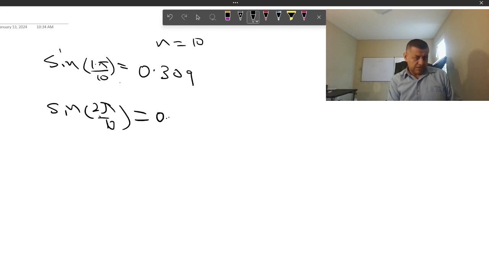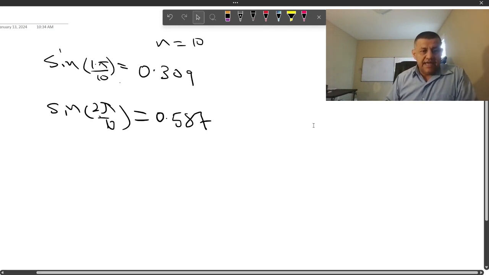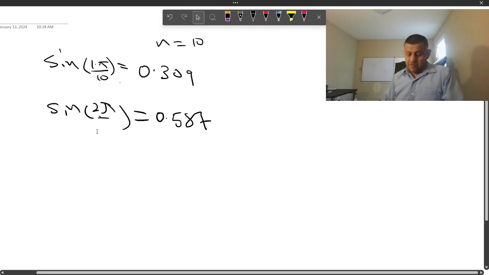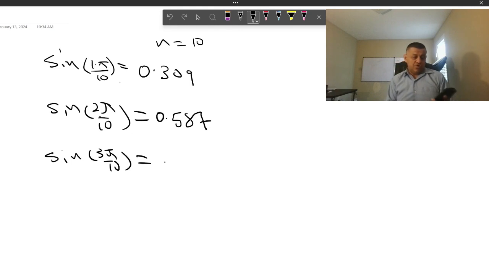Now let's do this. So let's do sine of 2 pi over 10, and it's equal to 0.587. It's going to be equal to 0.587. Then I do the next value, and I gotta make sure that this 10 looks like a 0. So then that's better. So sine of 3 pi over 10 is going to be equal to